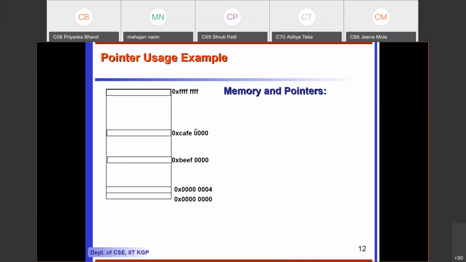8 Fs we have. Now, if I define integer star p and v, integer star p is a pointer variable. It is declared in some memory location, which is this address, and v is a normal variable of type integer. Later I will say p equal to address of v. Earlier p had something, some 0 or something. When I say p equal to address of v, what will happen? The address of v is stored into p.